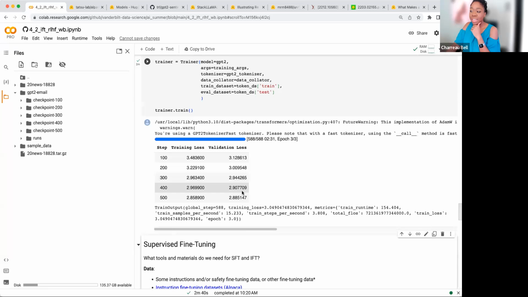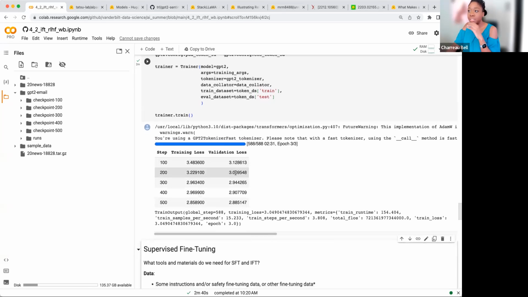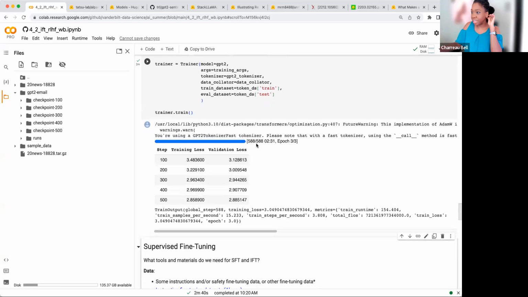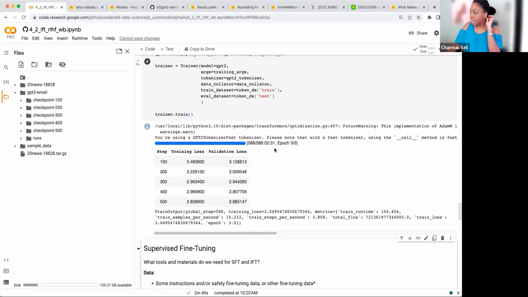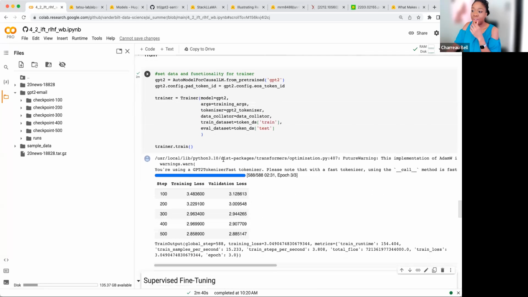But I think what we can see, and we'll see this a little bit later, is that the requirements for training are significantly smaller whenever you're getting into this fine tuning. All right, and I would also suggest here with your eyeballs, you can see the training loss and the validation loss. This actually has the records of the runs.